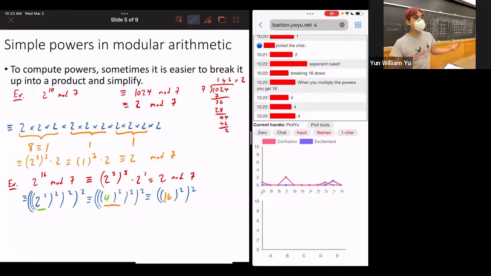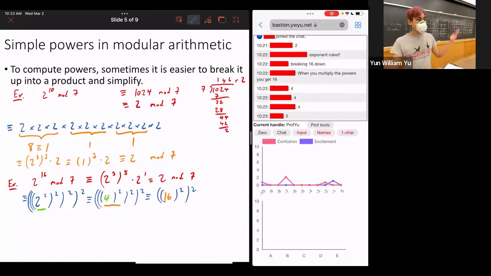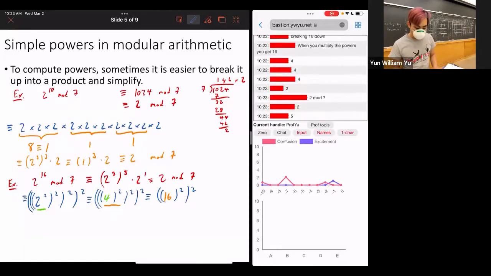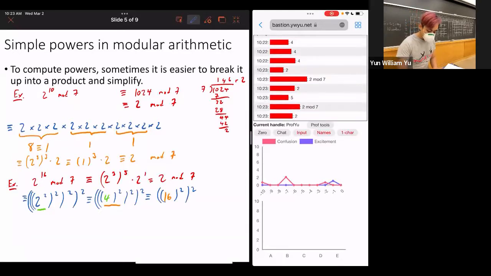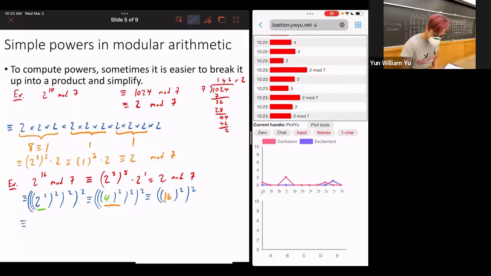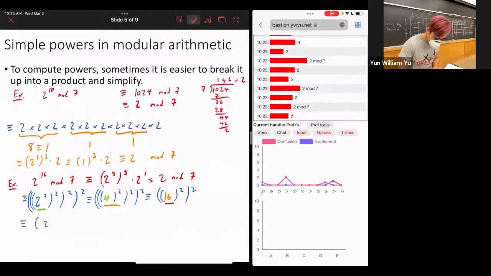So remember, we're working in mod 7. And so 16 is bigger than 7, so you might want a smaller number, right? Yeah, so it's 2 mod 7. So this is equivalent to, you can replace that 16 with just the 2. So then it's just, oh, sorry, let me put that in red. So that's a 2